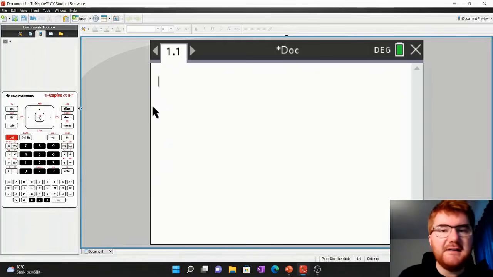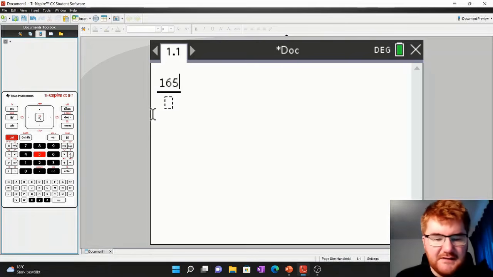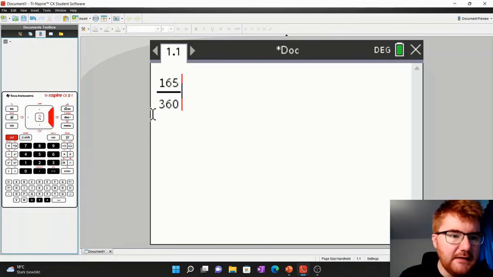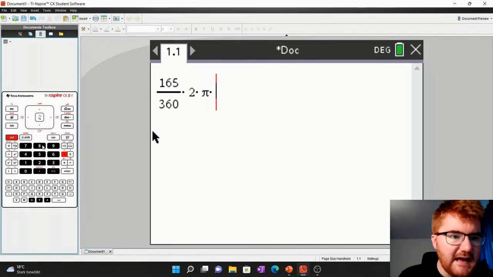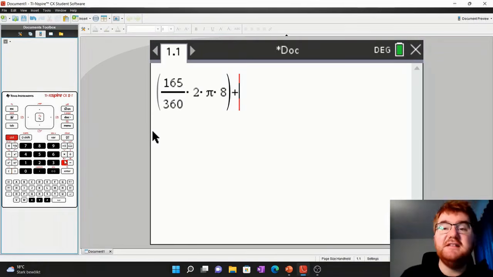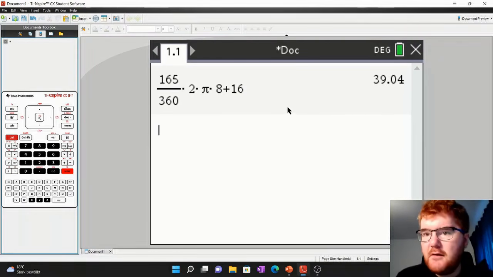Okay, so I'm going to use this calculator here. Again, this is generally for the 0607 course, but I'm just using the standard functions. So we're going to type everything in here. So 165 divided by 360 times 2 times pi times 8. Now remember, that is going to give us the arc length, but then we want to add in the 2 radii. So 8 plus 8 is 16. And notice I've left all of this until the very last moment. Now I put this on a float 4. That'll give us enough here in order to get to the right answer. So we get